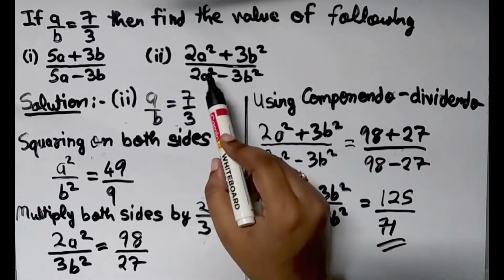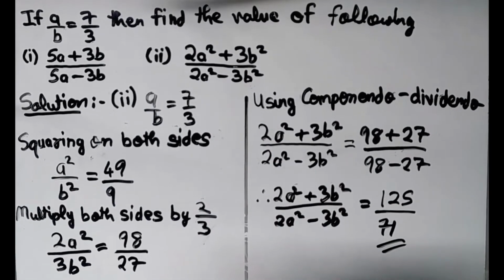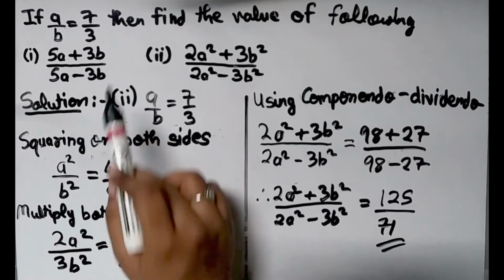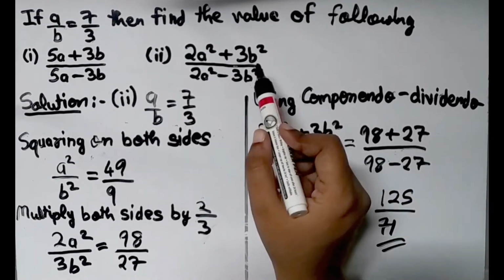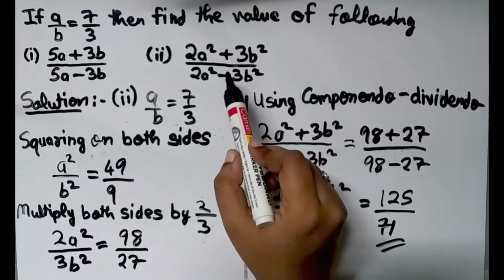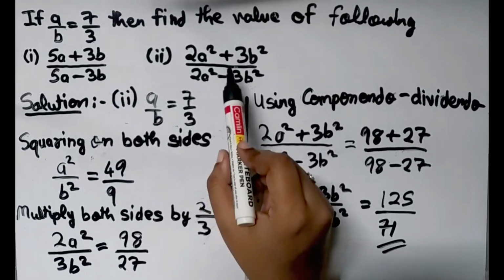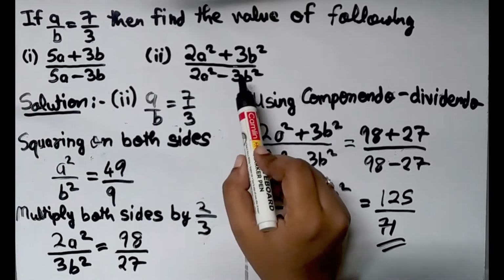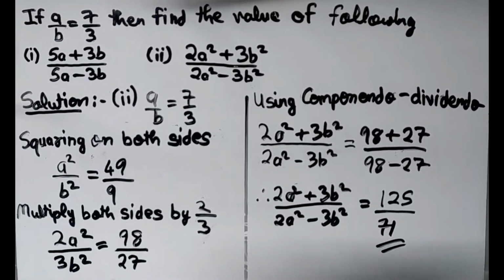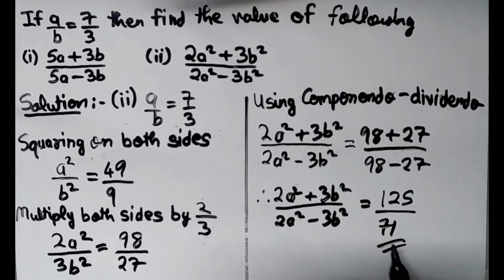Okay. We found this second one. Now the rest of the three sums in this question you can solve on your own. Whenever we have such type of questions in ratio, whatever it is given, first we will write that. Then we will see what we have to find out. Accordingly, we will apply those properties and we will get the final answer.